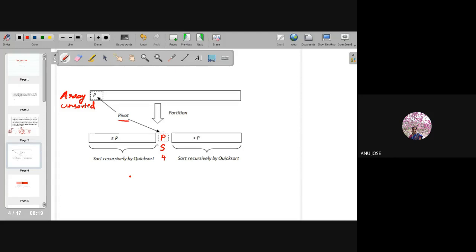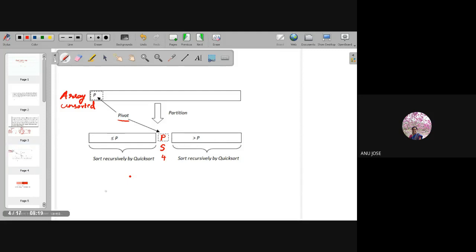The criteria is that the left hand side of p should hold only numbers smaller than or equal to p, and the right hand side of p should hold only values greater than p.